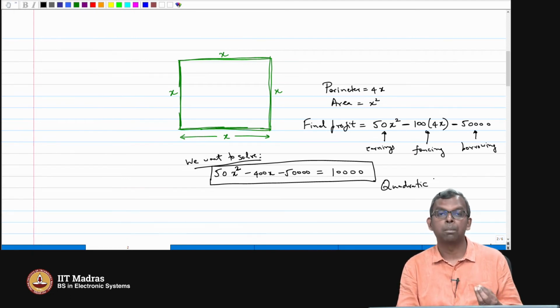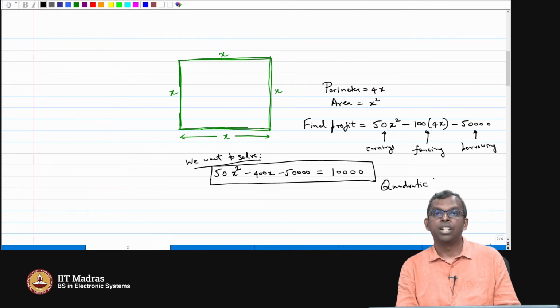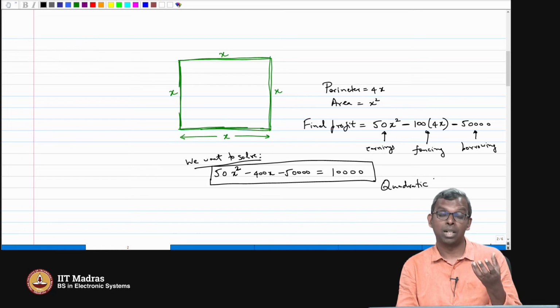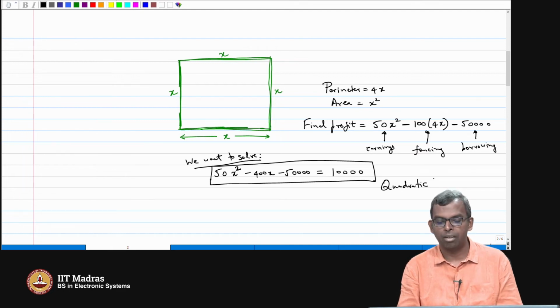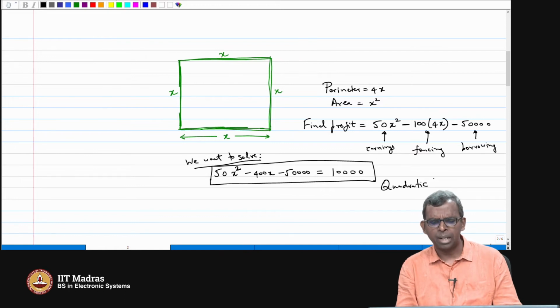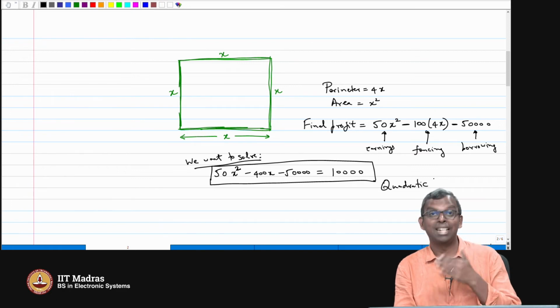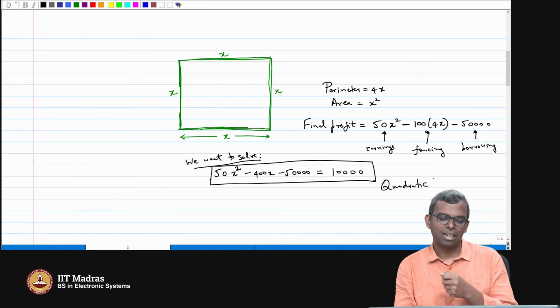The x squared term shows up in engineering or science problems, and this is a simple area problem. And area is one such thing where the squaring happens, right? The area of a square is x squared, no? So that is the fundamental way in which quadratics show up. Okay. Once again, we're not going to immediately see how to solve this quadratic equation. Later on, I will show you a graphical and an analytical way to do it very quickly, and then we'll come back at that time and